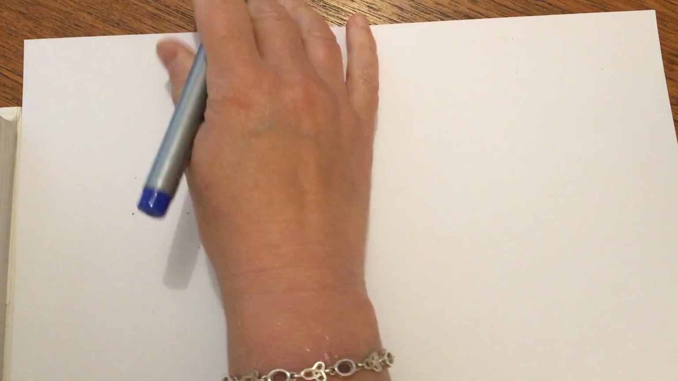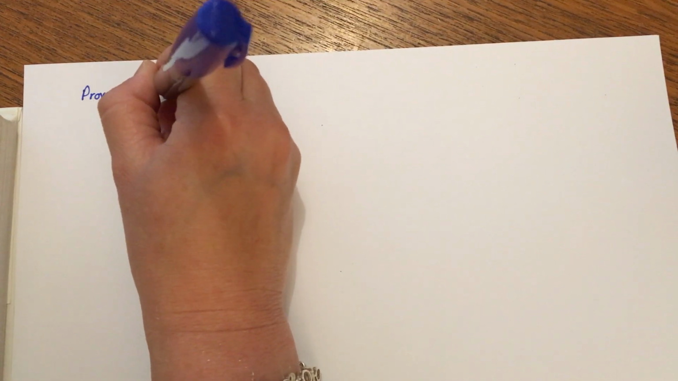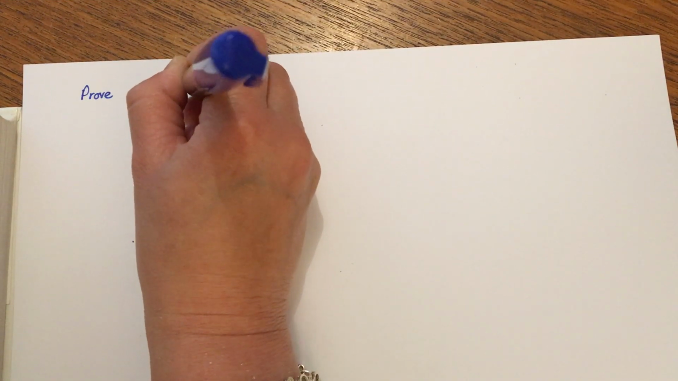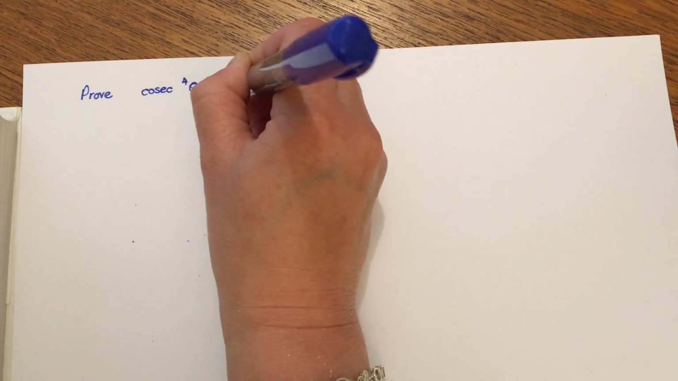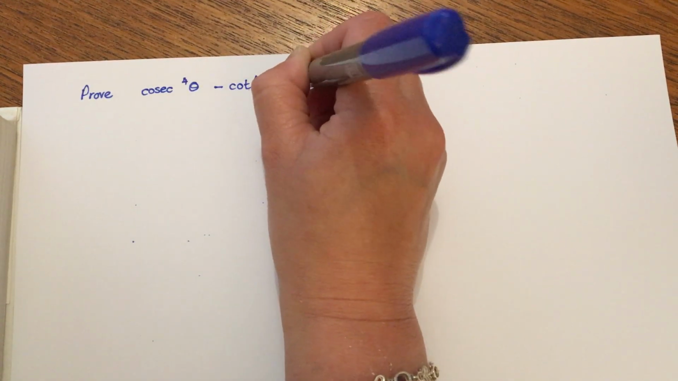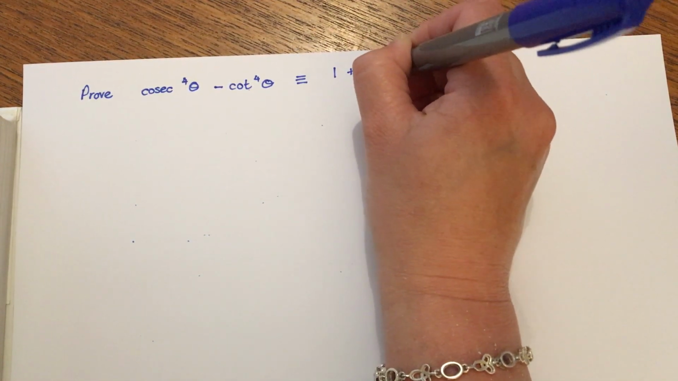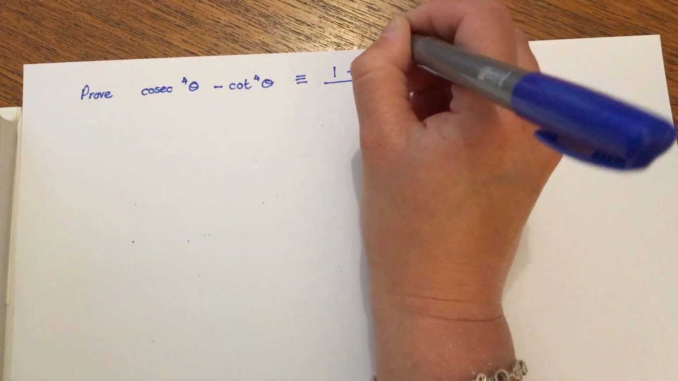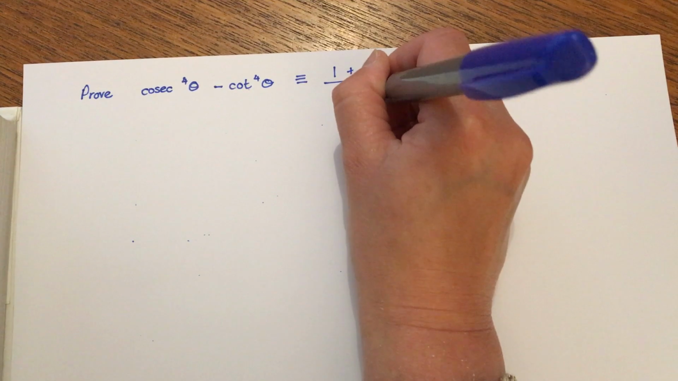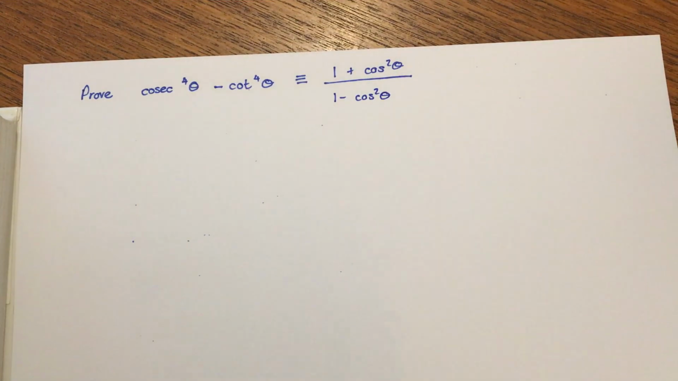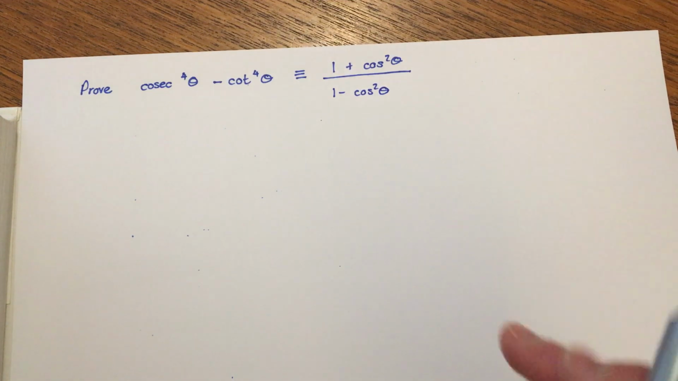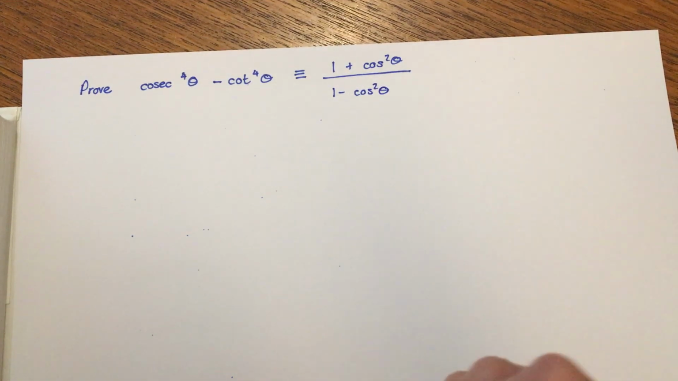Okay, and another one we could look at is we could say prove cosec to the power of 4 theta minus cot to the power of 4 theta is exactly equivalent to 1 plus cos squared theta over 1 minus cos squared theta. Okay, right, so I imagine the first stumbling block you would come across here is